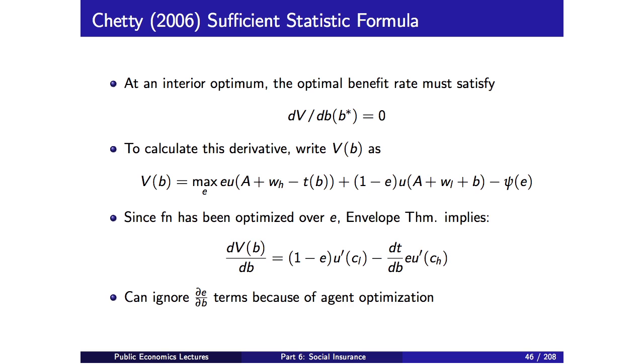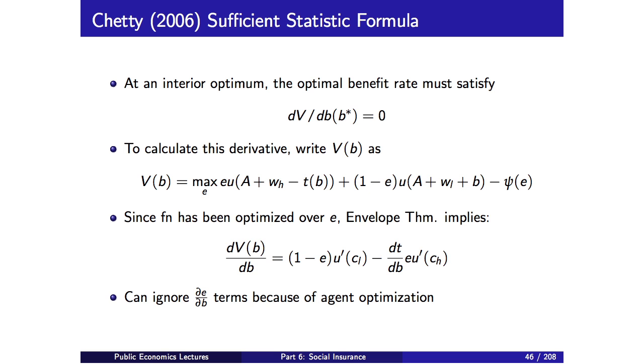Sorry, did I get this backwards? So yes, it's the derivative of this expression here, the second term. And then when I raise b by 1 unit, I'm going to have to raise the taxes by dt/db, and that's multiplied by E times the marginal utility of consumption in the high state. Okay, so mathematically, what's useful about this is we can ignore the dE/dB terms. We've talked about this many times before. It also has a very intuitive